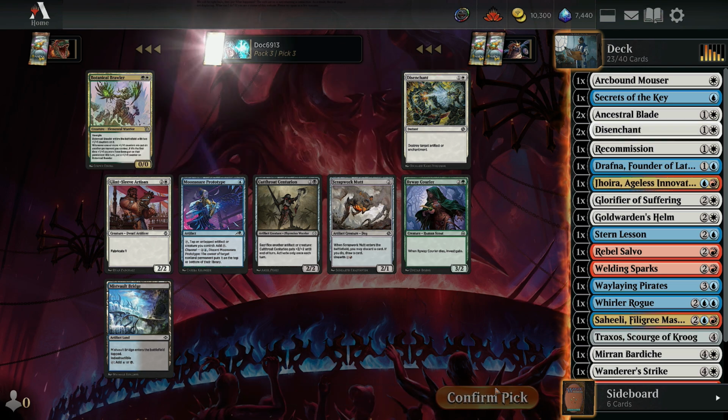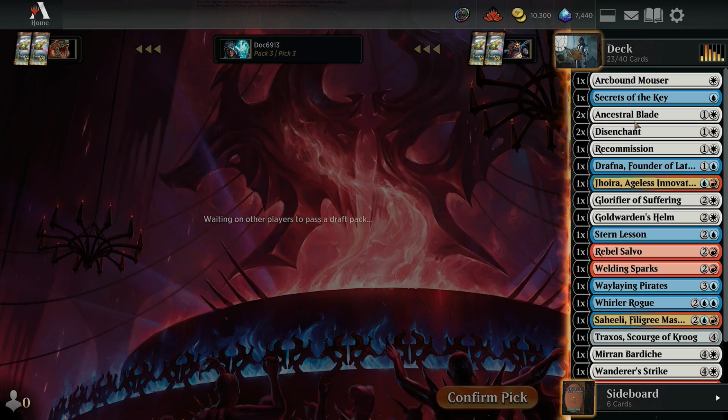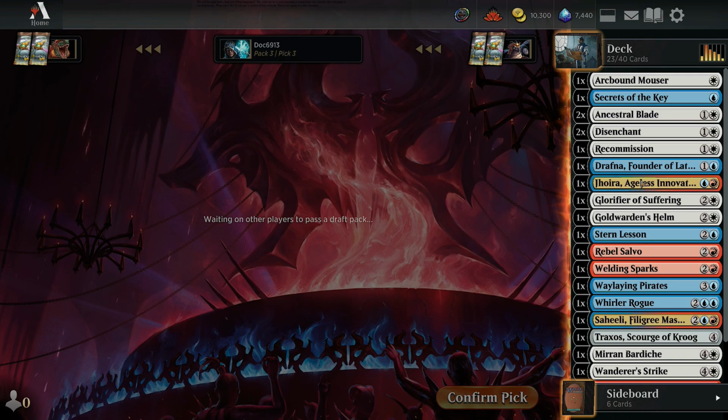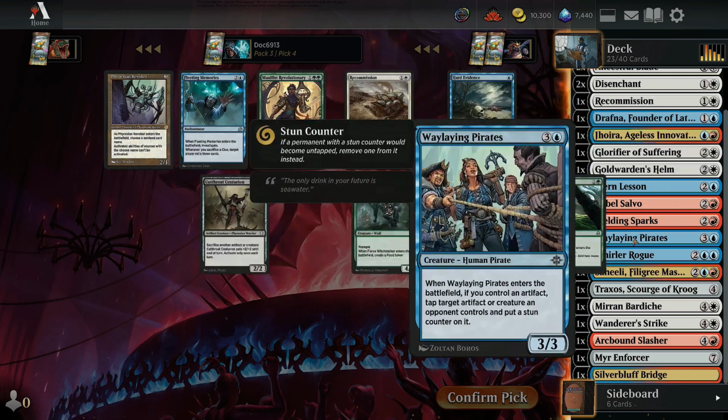I don't know. Disenchant. I feel like removal. We got to have some good removal in this. This feels like this could be... It's going to be really hard to tell how slow this draft is going to be. Obviously, certain decks are going to go one way or the other, but...